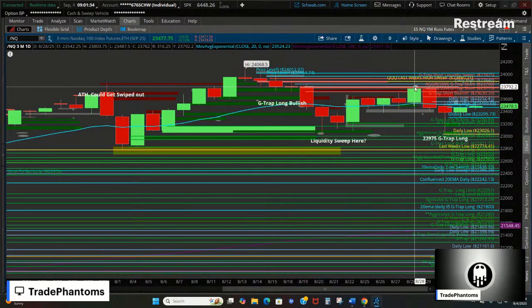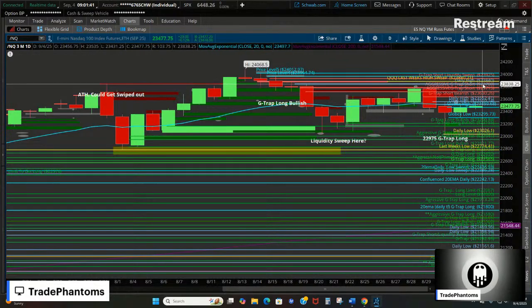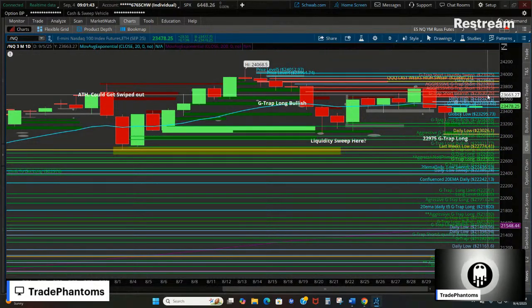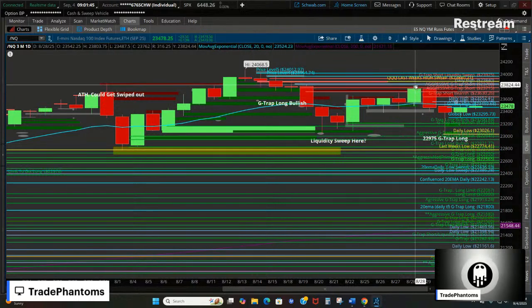Now, that is just planning that right now. We could come up here, respect this level here, not make a new high right here, and then we can start to go in a little more of a range here. So again, the key takeaway here is NASDAQ is not as close to its high as the S&P, but